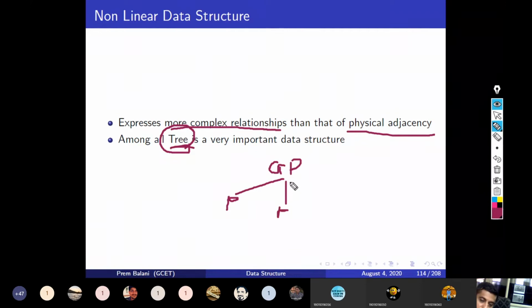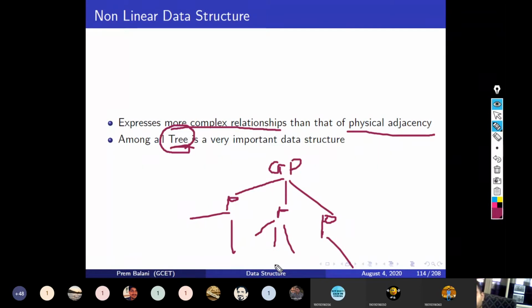This grandparent has three children, and again their family, right? In this way, you can represent the family tree, and this is also a tree structure, and many more algorithms also follow the tree structure. Okay,